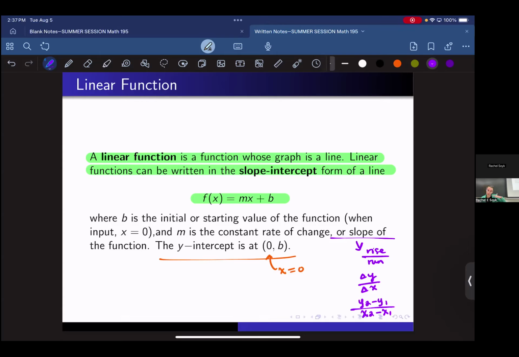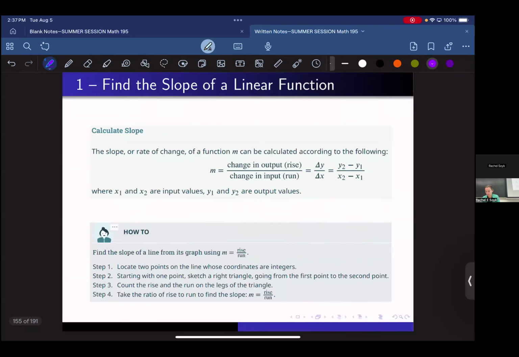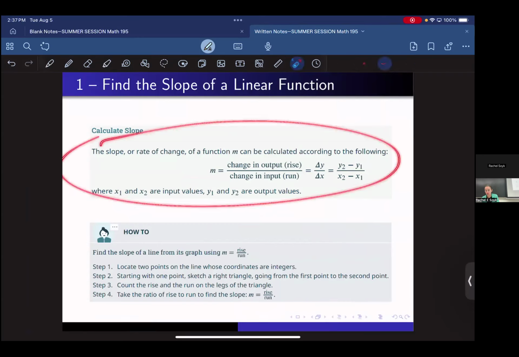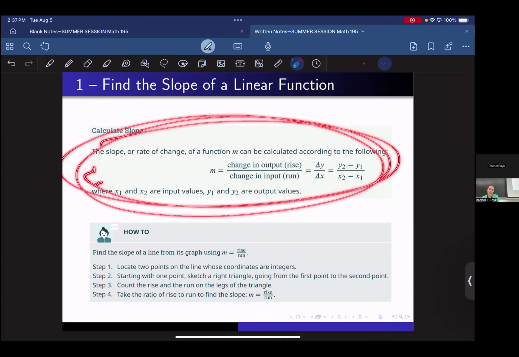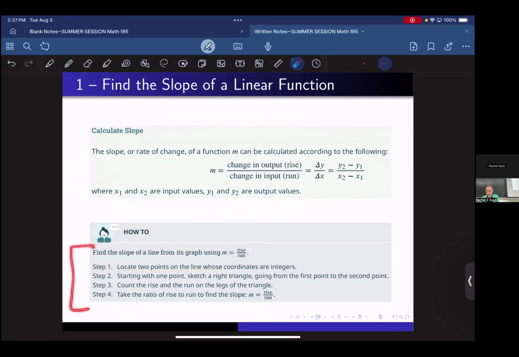We'll be dealing with constant slopes, meaning that there is no slope. It doesn't go up or down. Positive slopes, it's like you're running up a hill, or negative slopes, you're skiing down a mountain. And so, yeah, this is just a more formalized slide of slopes, what I just briefly said on the previous page: rise over run, delta y over delta x, y2 minus y1 over x2 minus x1, and finding slopes, the step-by-step procedure. But we'll practice it